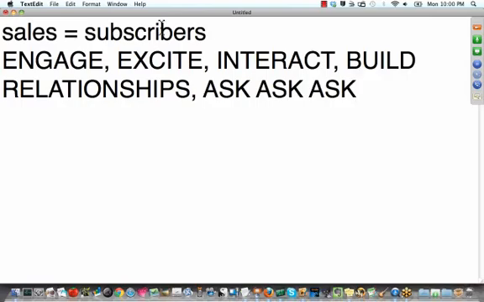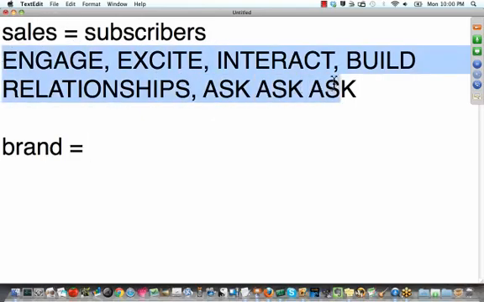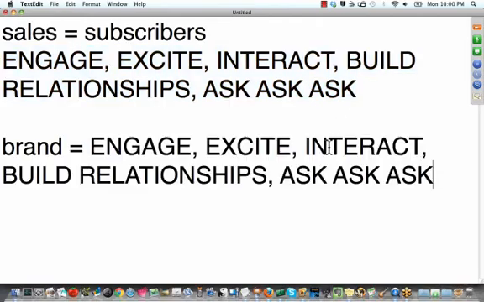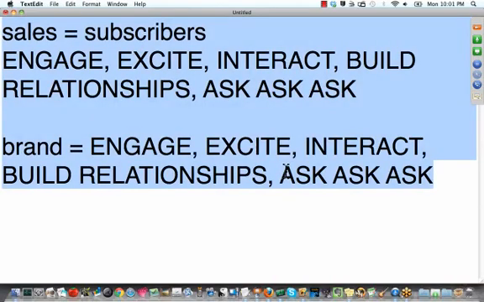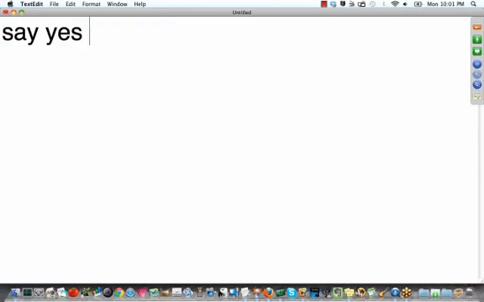So then what's the best way, since we already talked about sales and subscribers, what's the best way to build your brand? Well, again, I think it's exactly the same thing. Do the same thing you would do to get subscribers, which lead to sales, and that's this stuff. Because then you are branded as a person who's engaging, exciting, interactive, builds relationships, spends time trying to provide value. Do you see how everything leads to the same thing? You want people to want to do your opt-in, and I mean the opt-in is the ultimate ask, right? You want to get them to say yes to a relationship first,